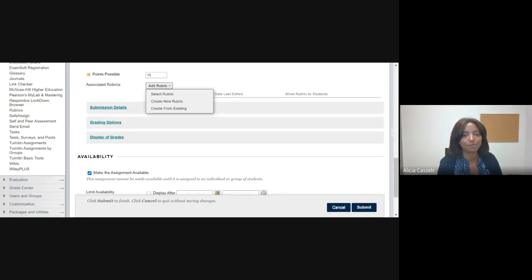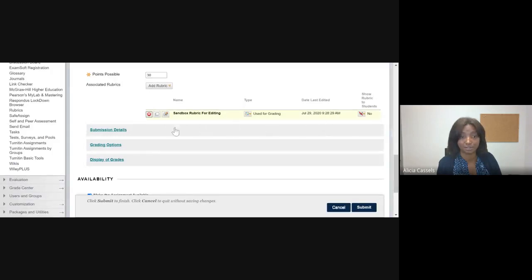And you'll notice you have a few options when you want to go and add a rubric to an assignment. You can select a rubric, and when you click on this option, it's going to bring up rubrics that you've already created. So you can see here I have a few rubrics, and I'll just go ahead and click on one so you can see what it looks like when we select that. Again, if you notice, my page is very limited here, so I'm going to actually click on the box to expand the page so that I can go down and click Submit to select that rubric. Once I've added that rubric,